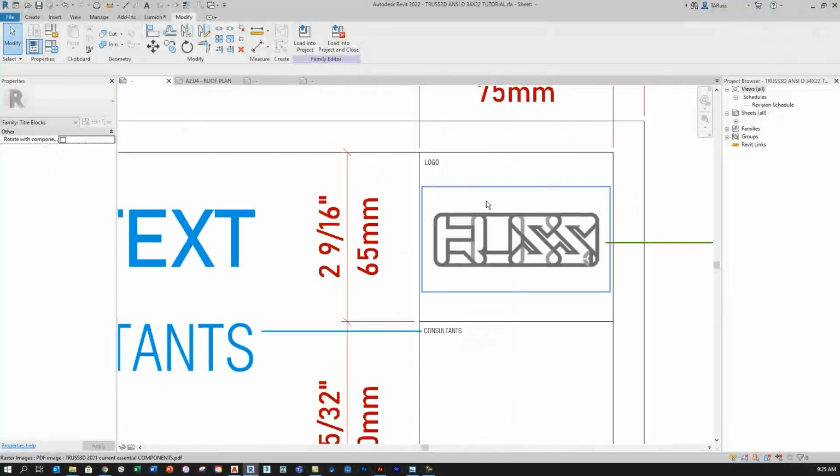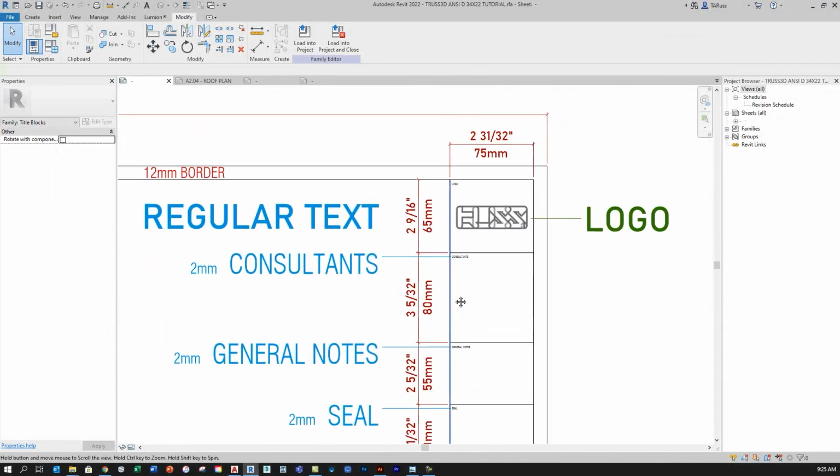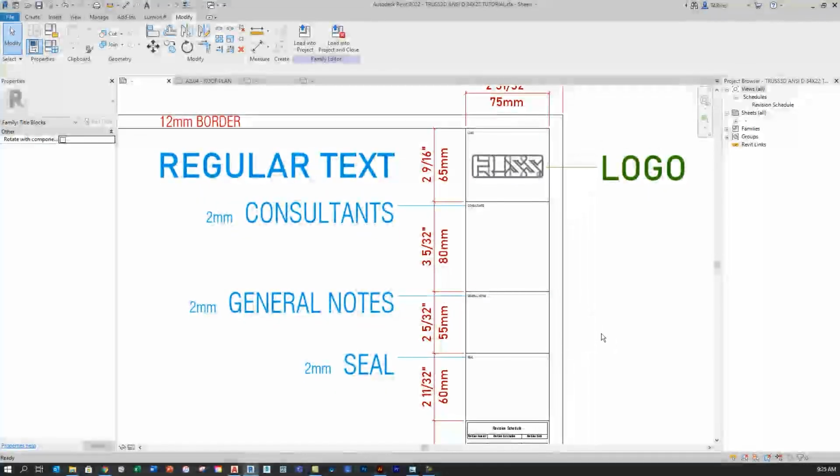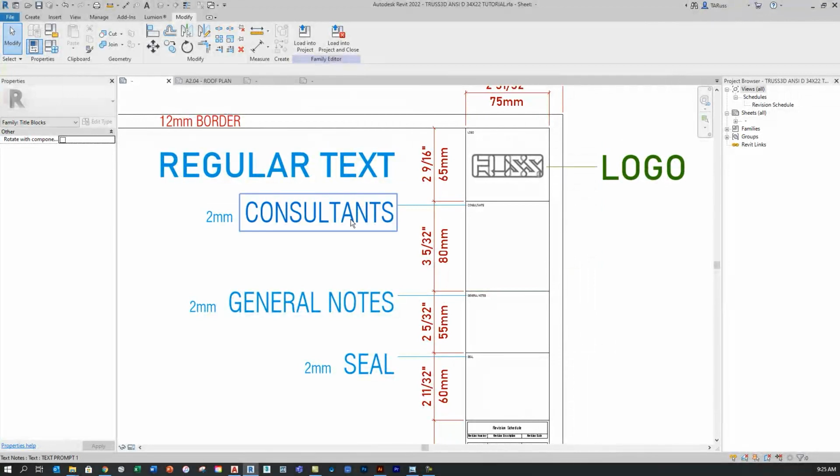So once again, just to speed this up, I'm going to slowly pan from top to bottom here so that you can see in large blue text the actual text that I'll be entering there, and then a prompt here about the size of it. They're all 2 millimeters, as I said. And then once we're done that, we'll get into the labels. So just from top to bottom,